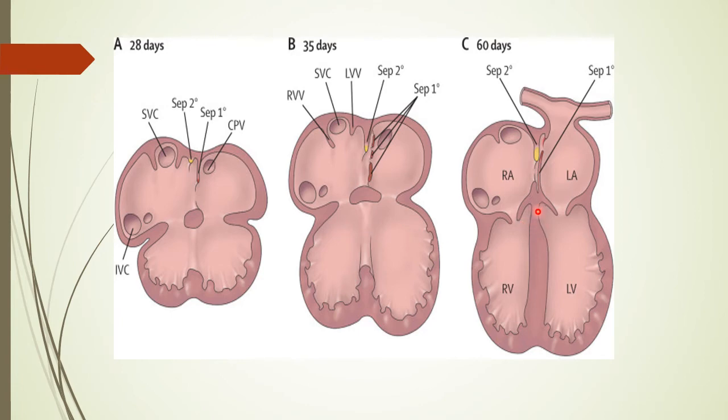And finally, as you can see, this gap is closed by tissue derived from the three sources I have already mentioned. And you can see that the septum musculaire is much thicker than the septum membranaceum, because the septum membranaceum is known as septum membranaceum because it is thin and membranous. It is not muscular, but the lower part of the septum is thick and muscular, and this is the original septum musculaire.